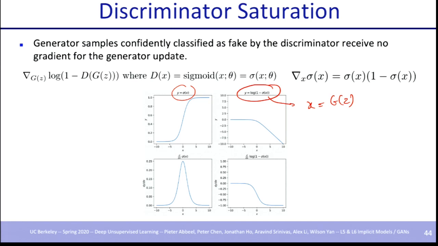Well, it's a little more complicated. In some sense, the x here is most of the discriminator of g of z, and then sigma comes at the very end of the discriminator. And so what lives inside here is the generator objective. When the discriminator is extremely confident and is 100% sure what you generated is fake, then any small change to your generation process, the discriminator remains 100% confident it's fake. That means there's no gradient signal, and you cannot improve your generator.